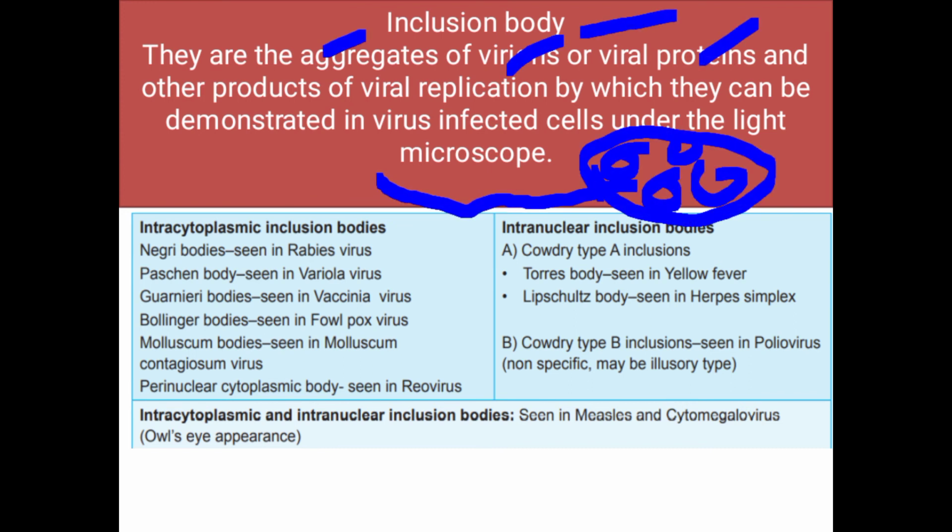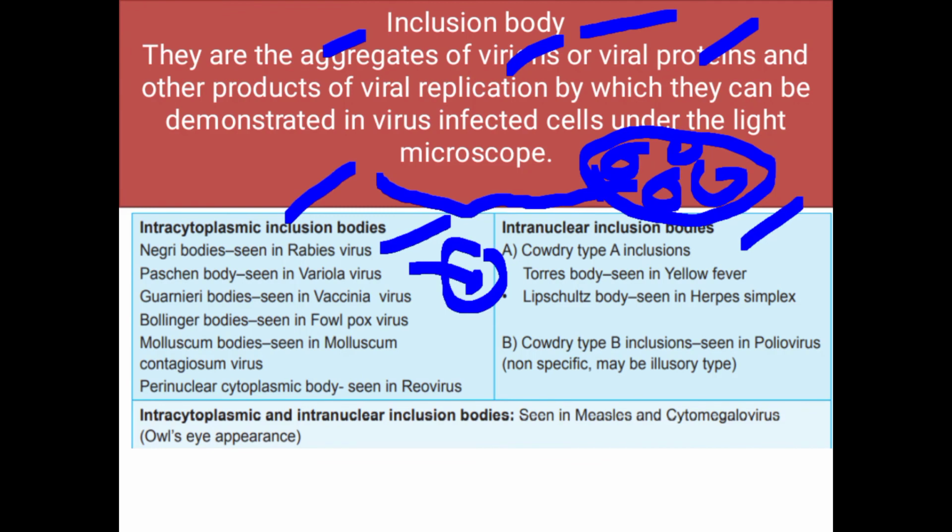Now, different viruses produce different inclusion bodies. Inclusion bodies may be produced in the cytoplasm, intracytoplasmic inclusion bodies, or they may be intranuclear inclusion bodies. Now, for intracytoplasmic inclusion bodies, you should note rabies virus. Rabies virus attacks the central nervous system and produces a special type of body called Negri bodies. We can diagnose that if the brain or central nervous system contains Negri bodies, it will be